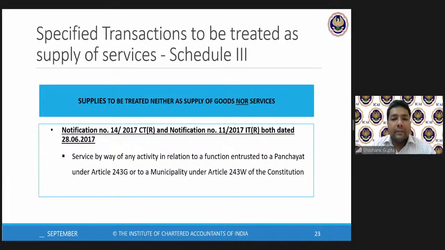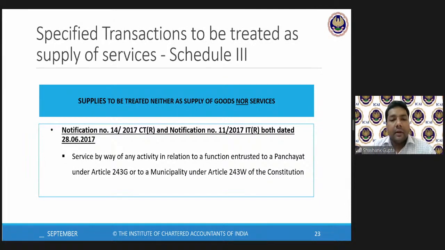Then, supplies to be treated as neither supply of goods nor services. So basically Schedule 3, we just discussed the definition of business. The definition of business says it would include government or local authority when undertaking public function. But then I told you there are certain exceptions cast, certain exemptions given. And one of those exceptions is here, wherein an addition has been made to Schedule 3. It says